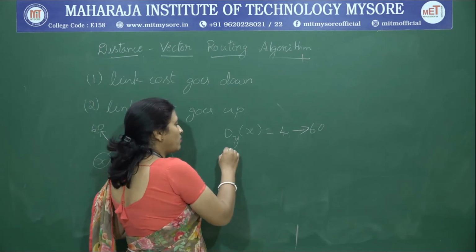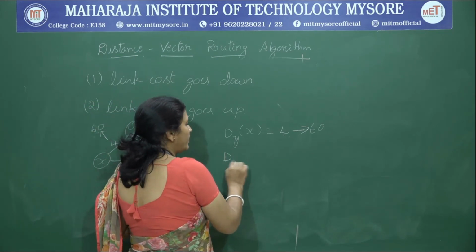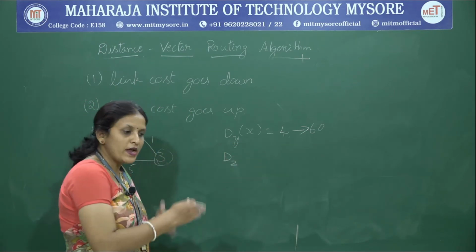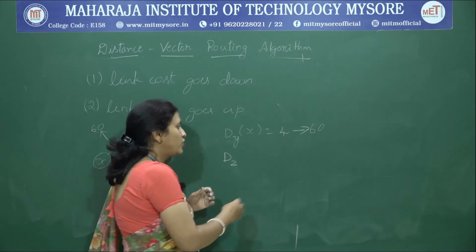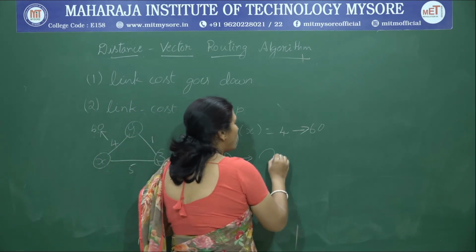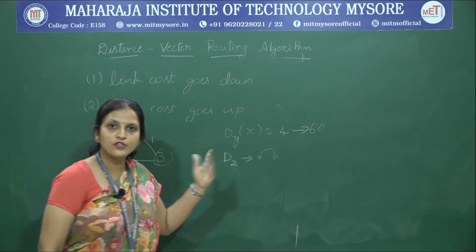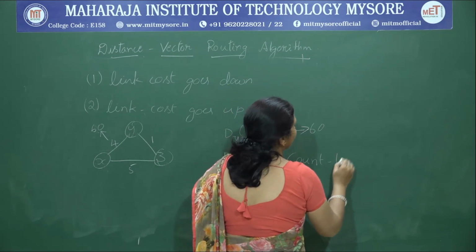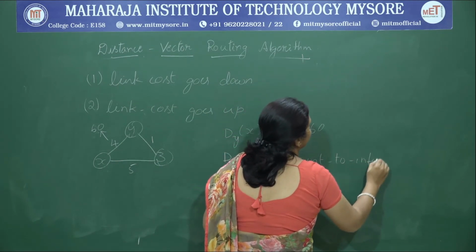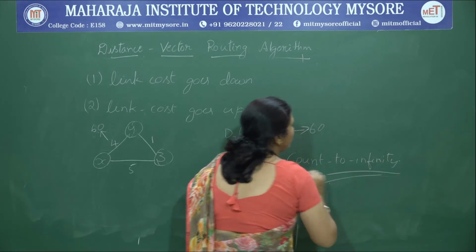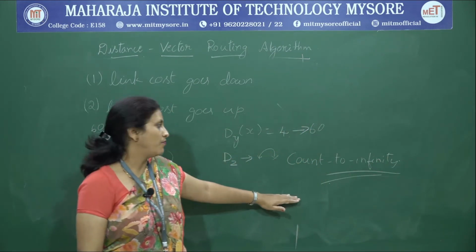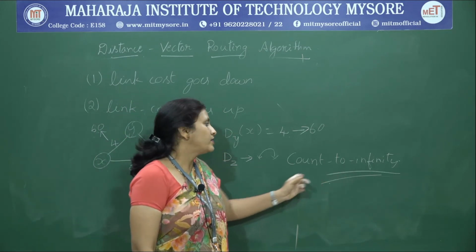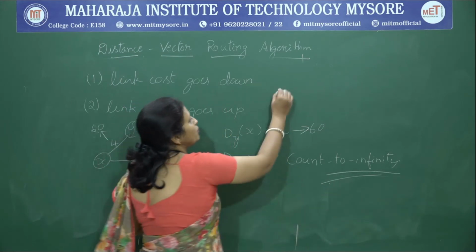So, a new distance vector will be calculated for z as well as x depending on the value of the distance vector of y. While calculating this, at every iteration the distance vector keeps on changing, okay. So, that leads to the count to infinity problem. In order to address this problem, we have the Poisson